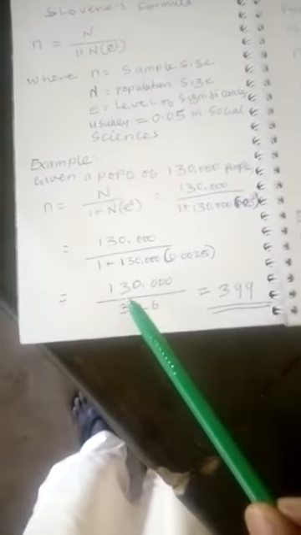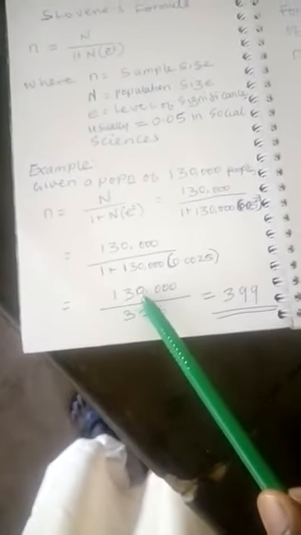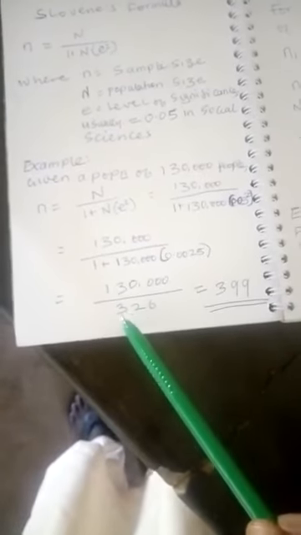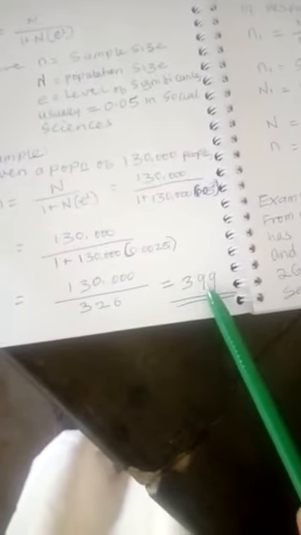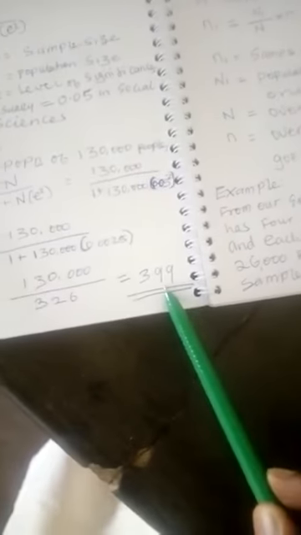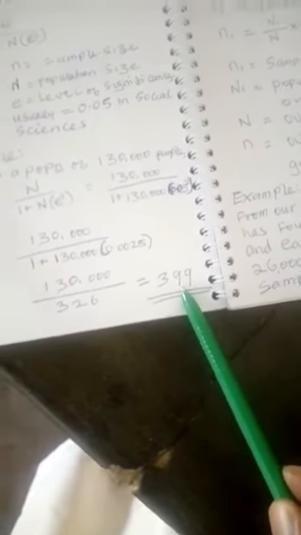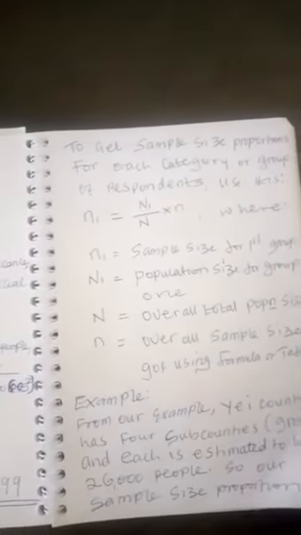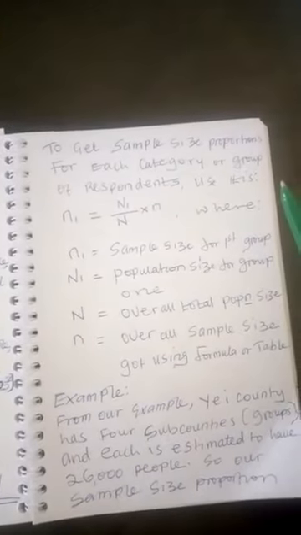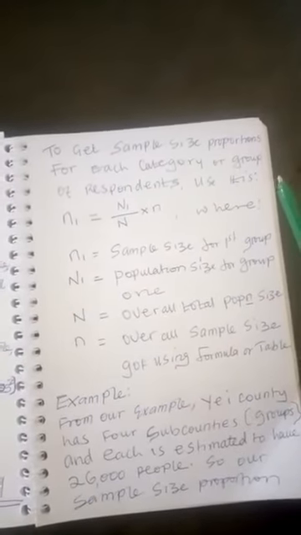So we are dividing 130,000 by 326 to get a sample size of 399 respondents. To get the sample size proportions, in case you have sample groups or categories of respondents, we